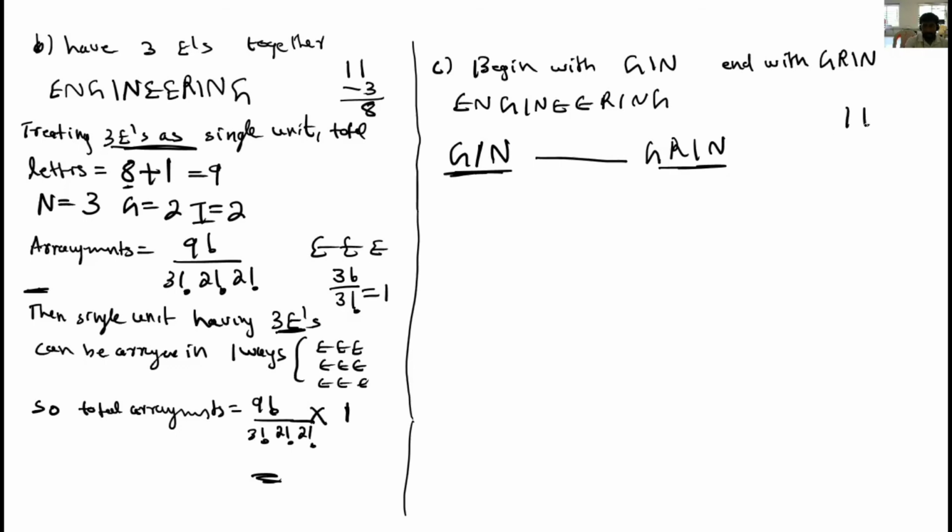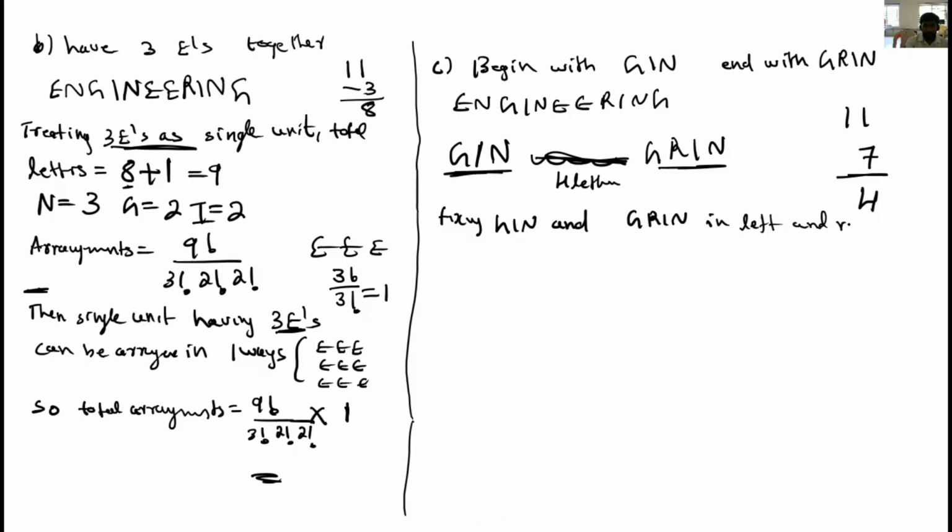See, 11 letters are given. Of those 11 letters, 7 letters are already fixed. Then how many letters are remaining? Only 4 letters are remaining, right? So you need to make the arrangement for 4 letters only, fixing GIN and GRIN in the left and right positions. Okay, remaining letters equal to